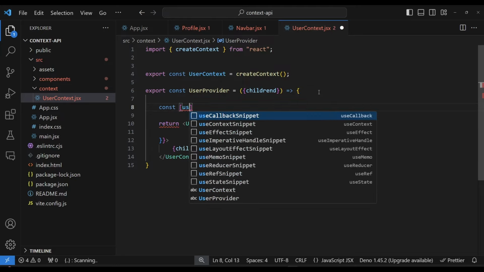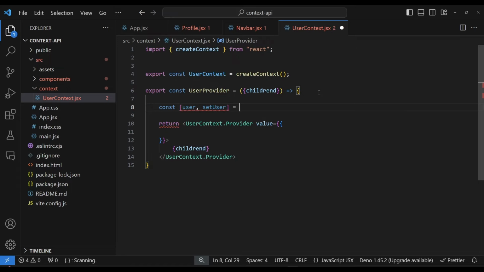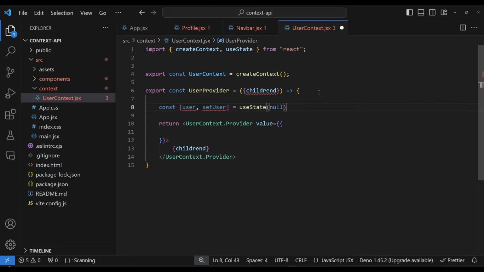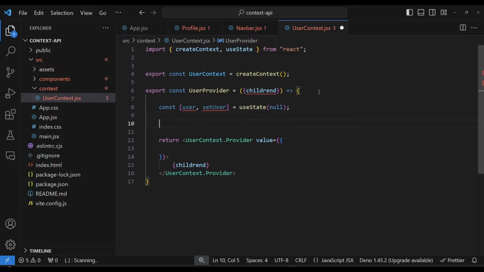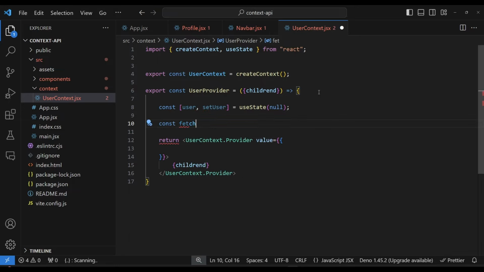Let's name it user and setUser. Make sure you import useState from React. Initially it will be null. Now let's create a function that fetches the user data from the JSONPlaceholder API. So let's write const fetchUserData. It will be an async function. It accepts an ID,